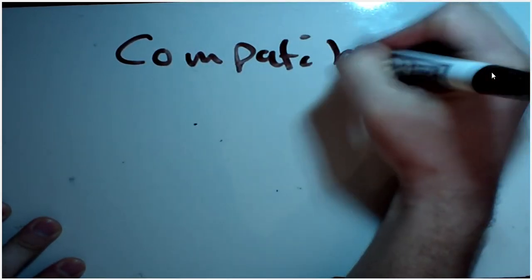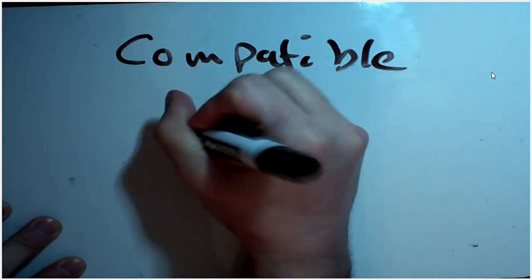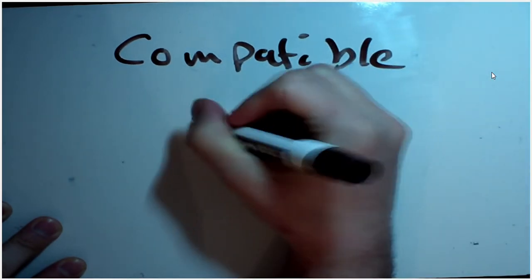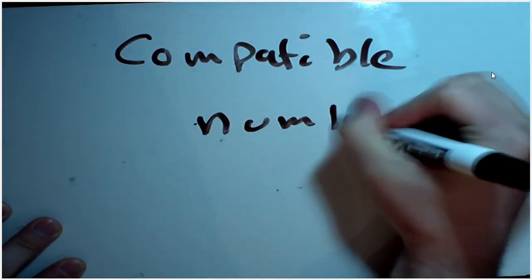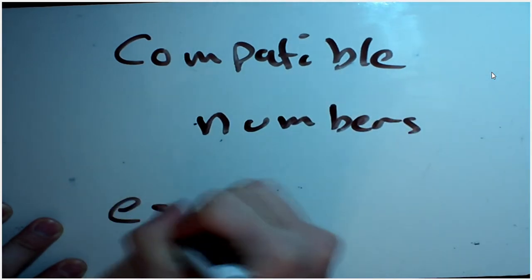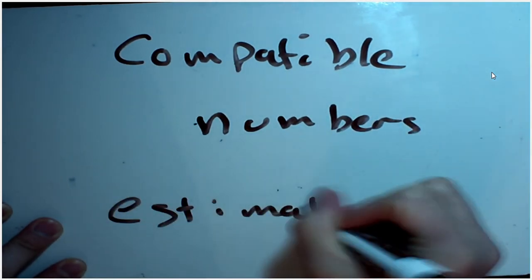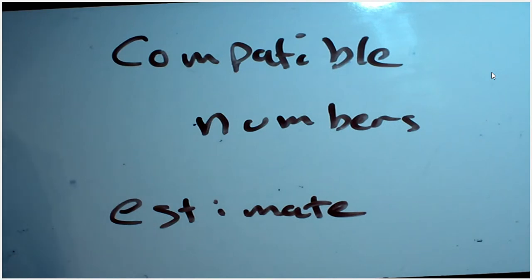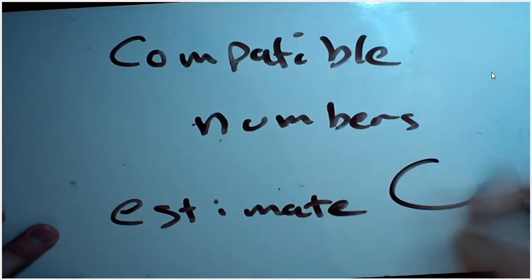Hey, fourth grade mathematicians. Today I'm going to show you how to use compatible numbers to do mental math division. So our compatible numbers are used to help us estimate. When you estimate, remember you're not getting an exact answer. Instead,